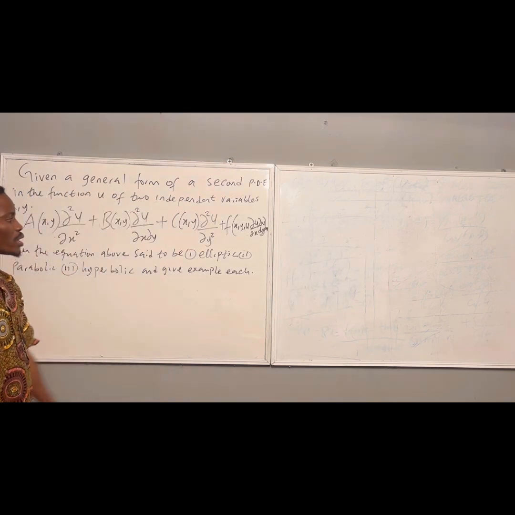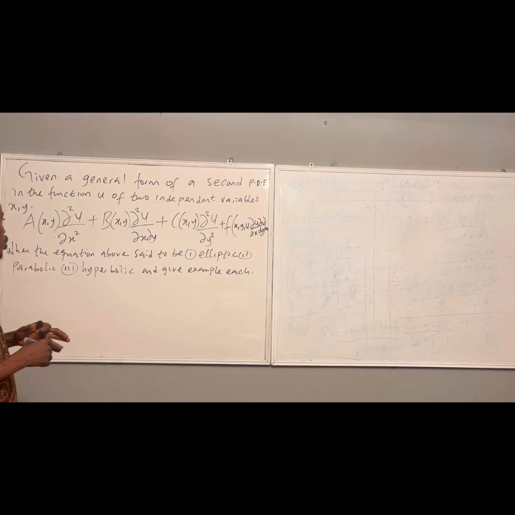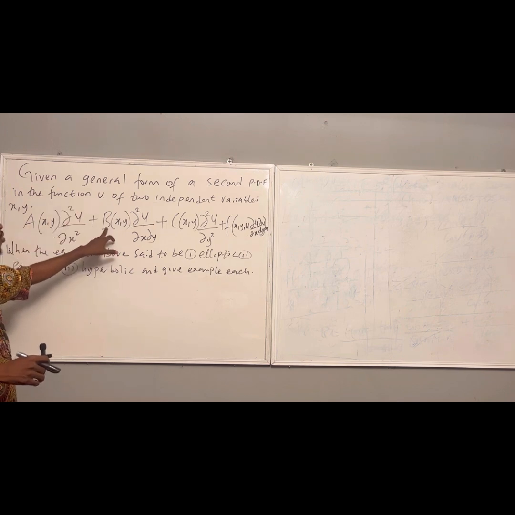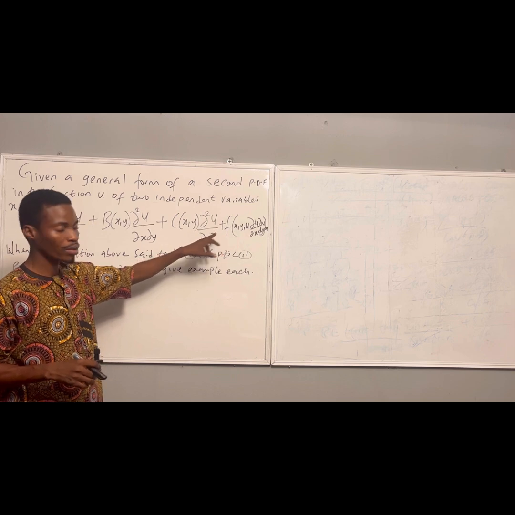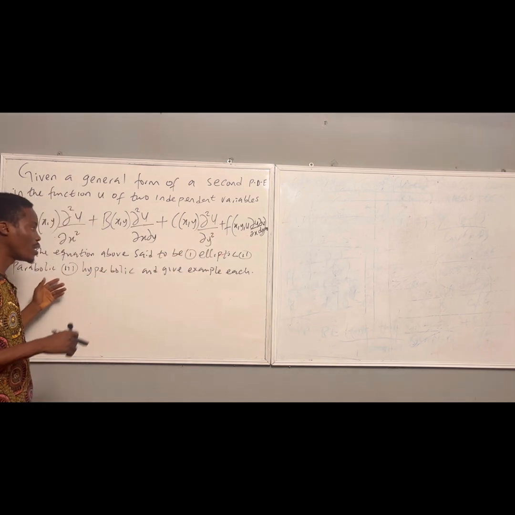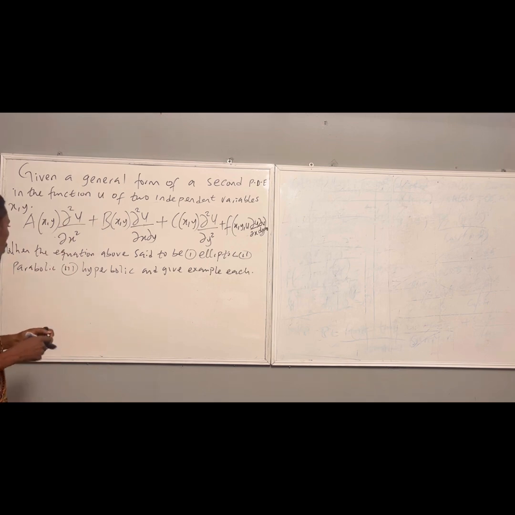When the equation above is said to be elliptic, parabolic, or hyperbolic, and give two examples each, it means this function a(x, y) is affecting this term, this function b is affecting this term, and our c should be for the ∂²u/∂y². So for this equation to be an elliptic,